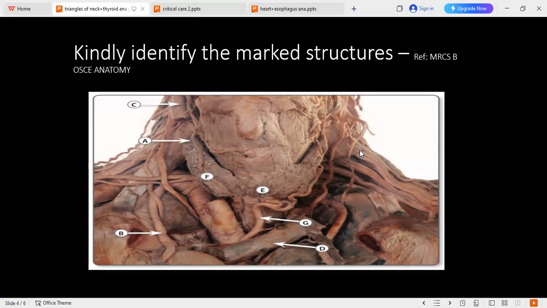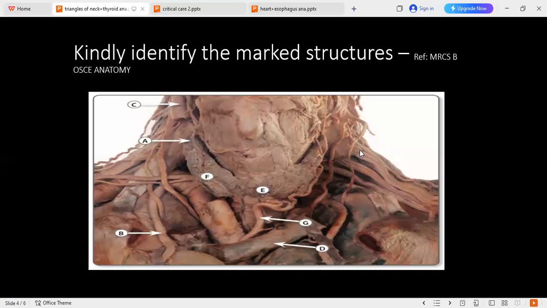Right. Can you identify the isthmus in this diagram, please? The isthmus is structure E. Very good. Please tell me the blood supply of the thyroid gland, both arterial and venous. It's supplied by the superior thyroid artery, which is the first branch of the external carotid artery, and the inferior thyroid artery, which is a branch of the thyrocervical trunk,